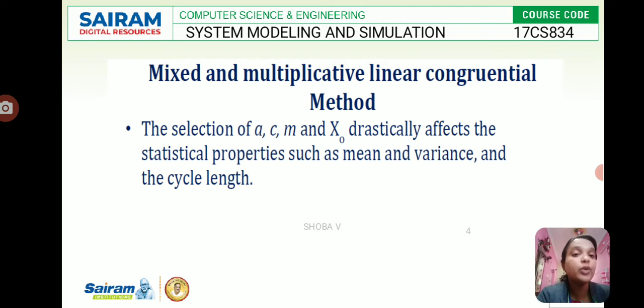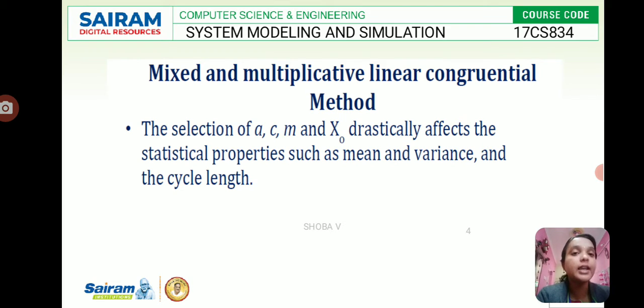The main thing we need to understand here is that the speed and efficiency in using the generator on a digital computer is also a selection consideration. Speed and efficiency are aided by the use of a modulus m which is either a power of 2 or close to a power of 2. Since most digital computers use a binary representation of numbers, the modulo or remaindering operation of the equation can be conducted efficiently when the modulus is a power of 2. So for example, we can give m equal to 2 power b.